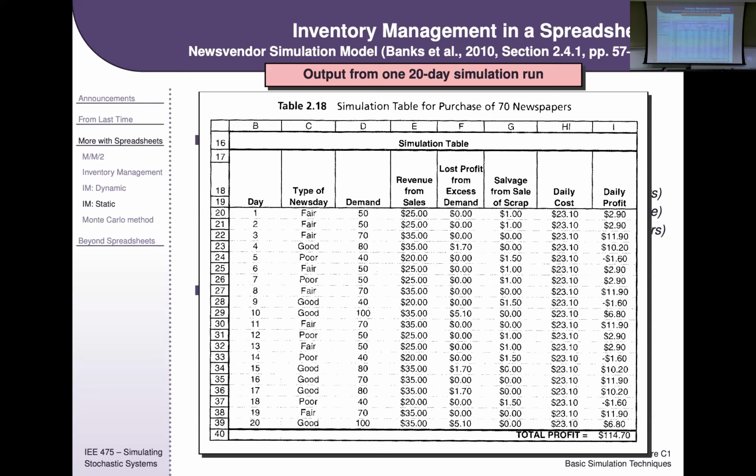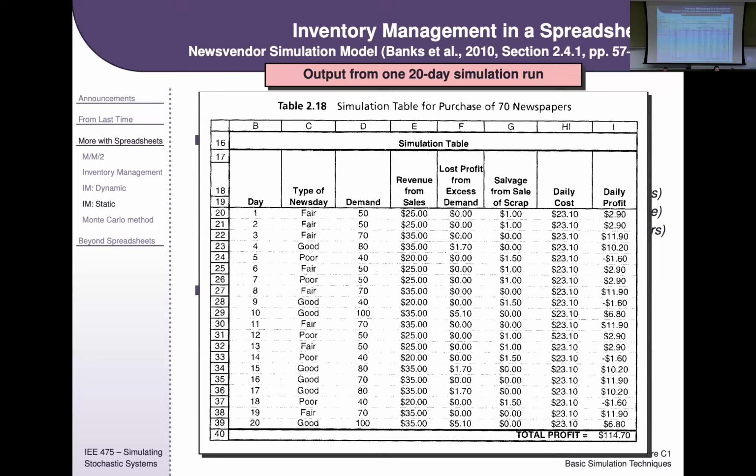So we have a sim here where we've got 20 days. For every day, we draw a random variable that tells us, is it a good, fair, or poor news day? And then once we know that random number, we can then draw from the demand distribution and say, how many newspapers do people want on that day? And then from there, we know enough to calculate our revenue from sales, our lost profit from excess demand, our salvage from the scrap, the daily cost and the daily profit, and we get a total profit at the end